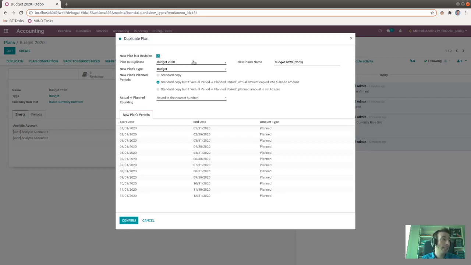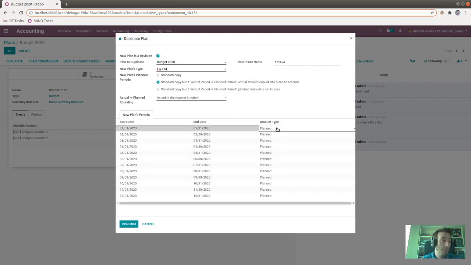The plan I'm going to duplicate is budget 2020, and the new plan's name is going to be forecast 8.4. I'm going to select the type, forecast 8.4. This I'm going to keep as it is, and now what I need to do is to say that the first 8 periods are actually going to be actual values, so historic.